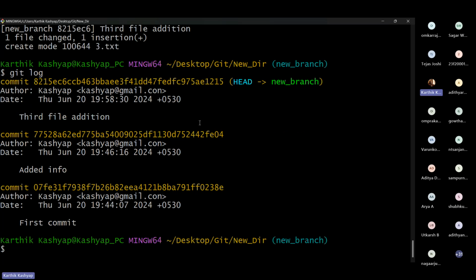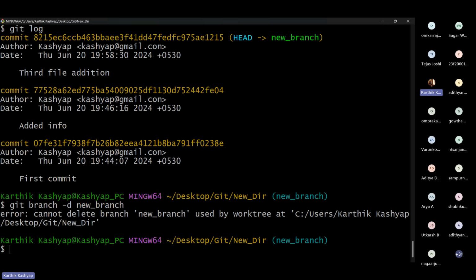And now let's say we are trying to delete new branch, and notice we have not merged new branch with the master branch. So the commit that we have currently made is limited only to the new branch. It is not anywhere else. So if we directly try to delete this, git branch -d new branch, it gives an error. Cannot delete new branch because we have not. Okay, wait, let's try to go over to the master branch instead